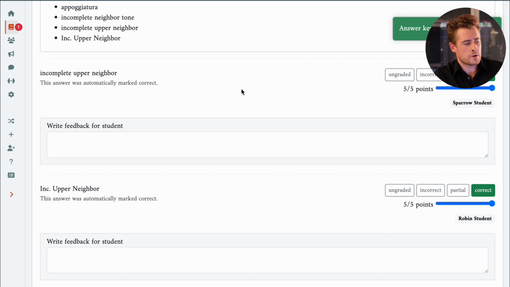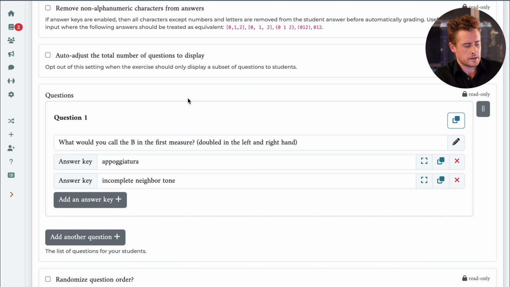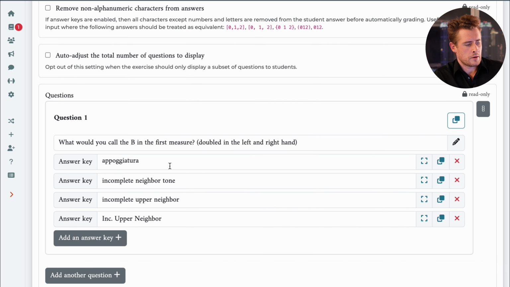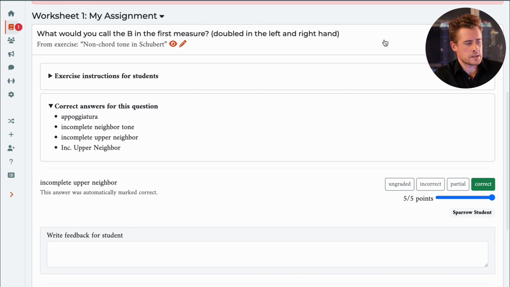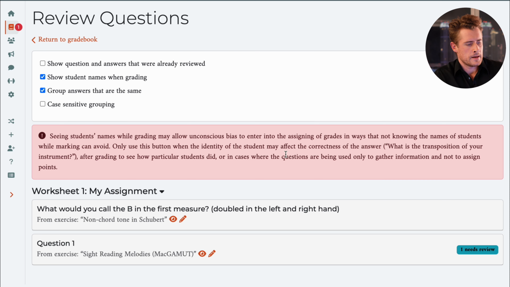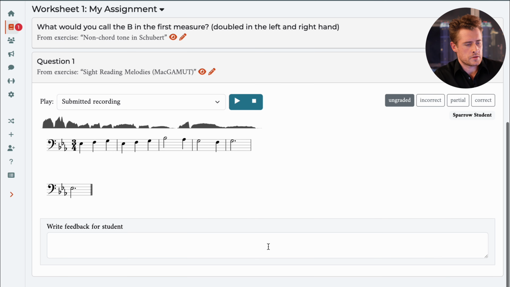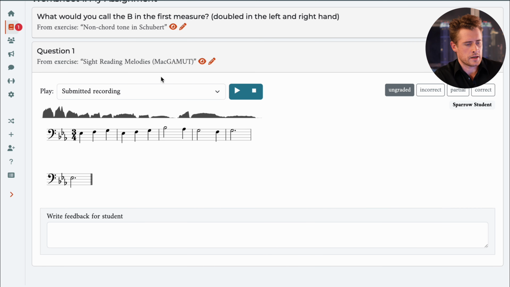Great. Now, the cool thing is that if I hop back over to the exercise editor for this exercise, let me refresh the page, I will now see these answer keys listed here as well. Great. I'll go ahead and close this. You'll notice also, by the way, that the number of questions listed in the navigation changes in real time as you grade the questions. I will now turn my attention to the sight reading exercise here, and I'll see a